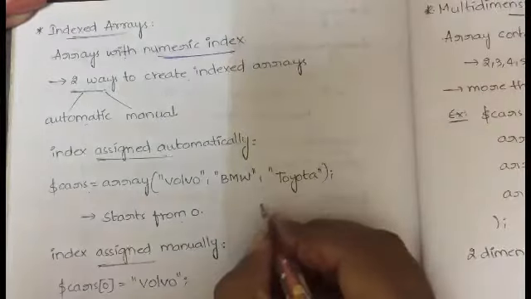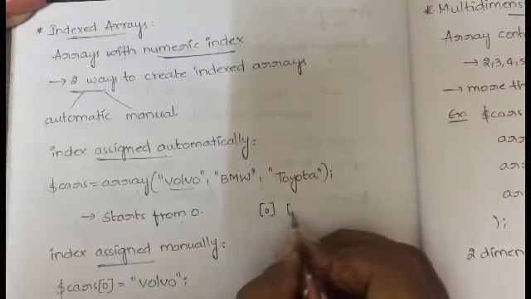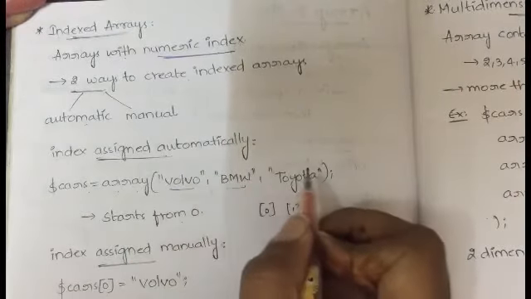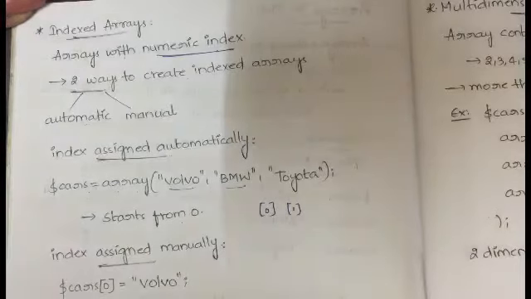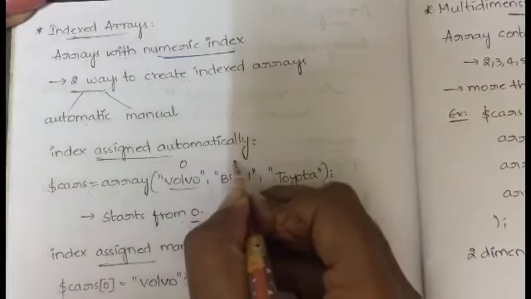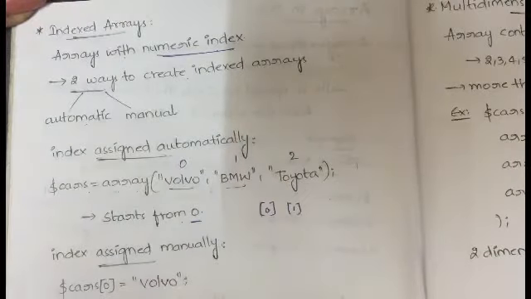That means whenever you give the index number as 0, it will return Volvo. Whenever you give an index number as 1, it returns BMW. You are not assigning any index value. The system itself will assign, and on what basis: it will start from 0, the next followed by 1, the next followed by 2. In this way the system will be assigning the index numbers automatically, right?